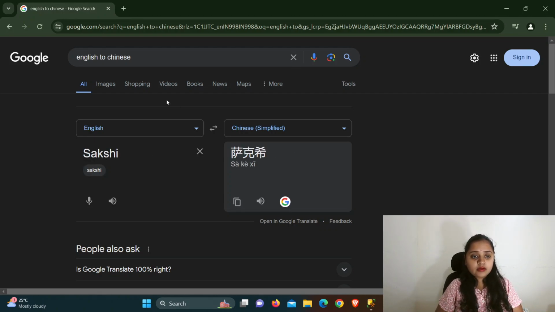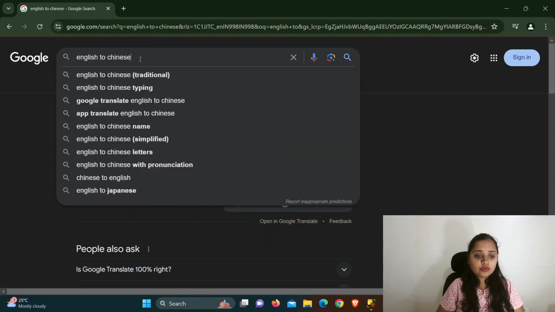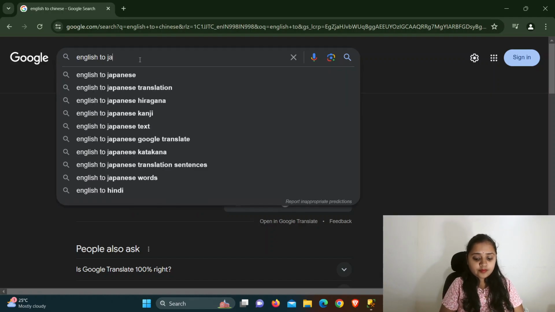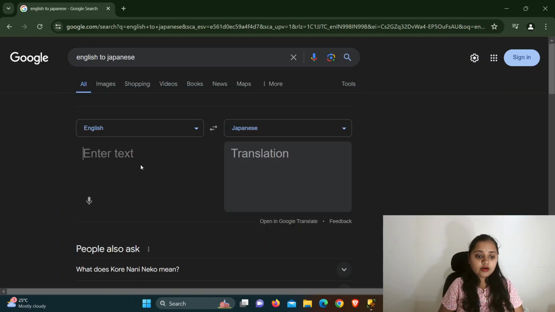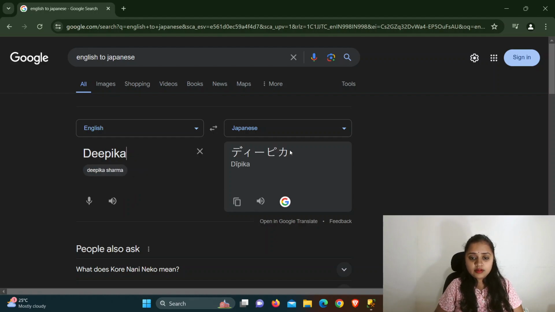Okay, now English to, I think we will see Japanese. We will try another language. Now type here the name Deepika. See, your name came. Now it has the letters 1, 2, 3, 4, 5, 6, 7.